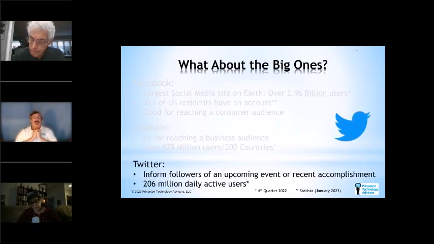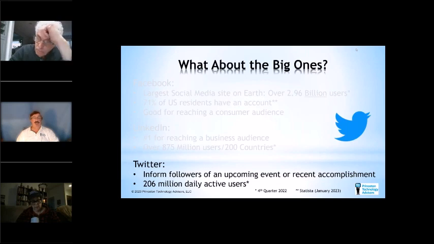Twitter. Twitter is a great website for informing people of what's going on. Now, the little bit of a challenge with Twitter, of course, is you are limited to 240 characters. That's what a tweet is. So what tends to happen with Twitter is you don't write a post. If you have a post somewhere, maybe on Facebook or your blog site, what you tweet about is that you have a post and you add the link and direct them to your website or to your Facebook page.